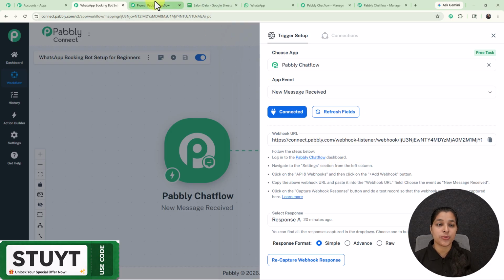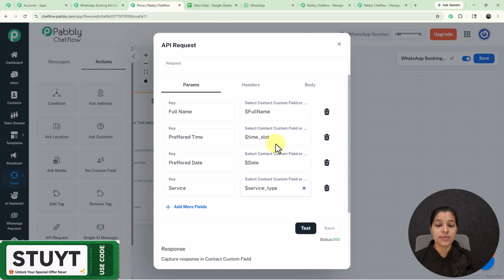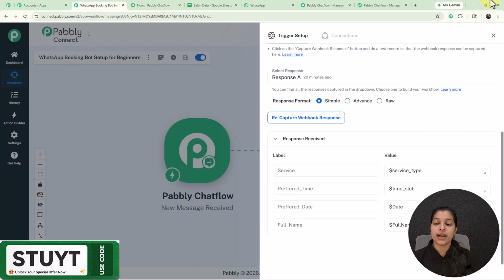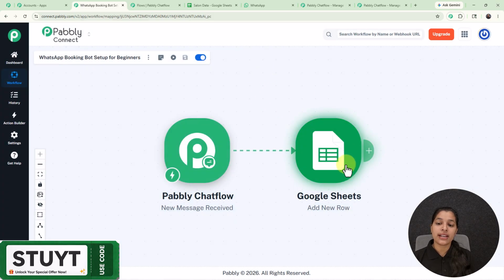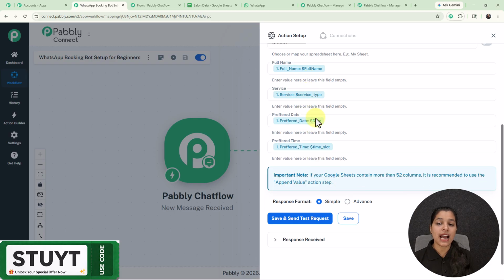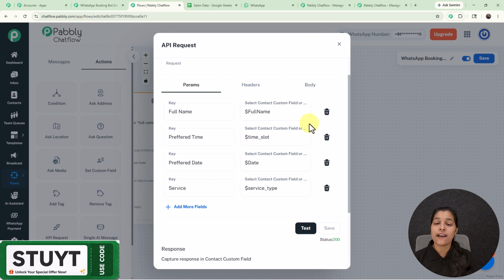So I have entered this webhook URL over my API request node, and I have entered these parameters for which I want to save the data, and according to these keys I have selected the contact custom field which will store the data. So now afterwards I am going to send this test data to the Pabbly Chatflow, and here you can see this is the response which I have received, and by using this response I am going to add the data to the Google Sheet by mapping all these data. So here I have mapped all these details, and by using this simple method I have saved the data over